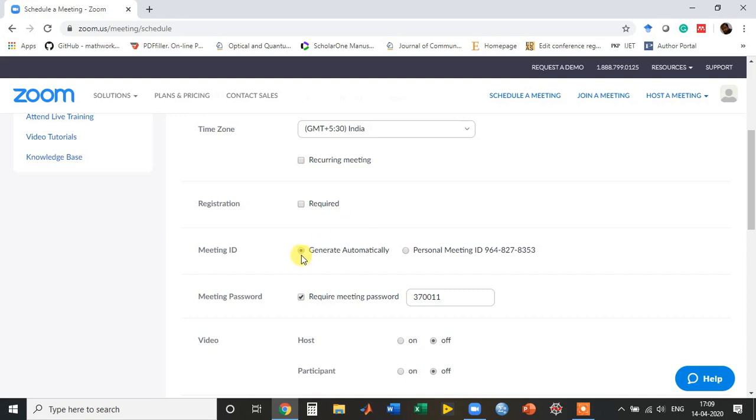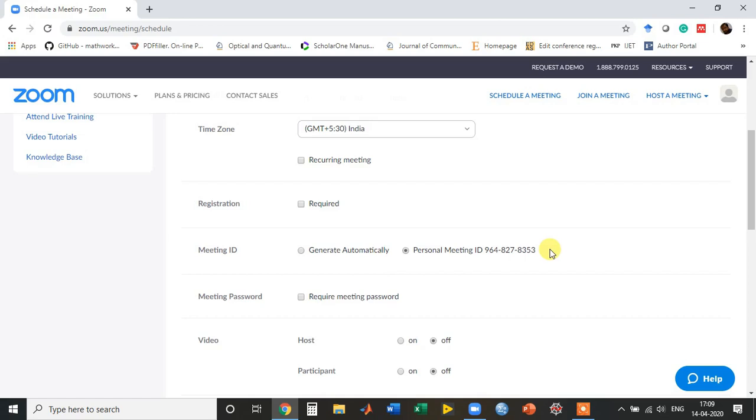Meeting ID: if you select generate automatically, this meeting ID will keep changing for each and every class. My preference is that I keep my personal meeting ID. Once I keep my personal meeting ID, this ID will be constant.